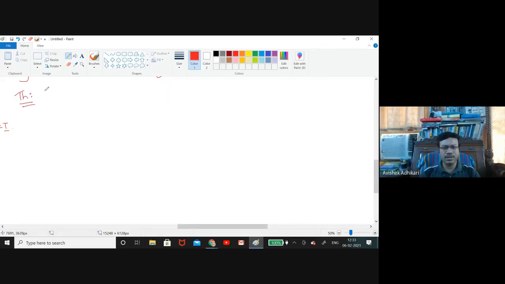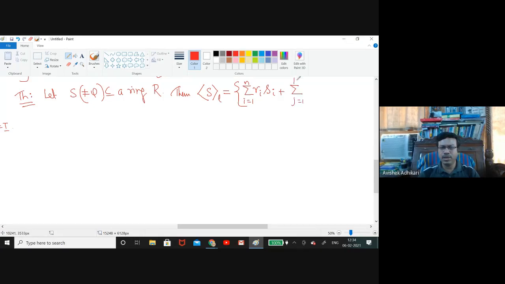It says that let S be a non-empty subset of a ring R, then SL equals what I wrote above: the summation, i equal to 1 to n, of some element Ri Si, plus the summation, j equal to 1 to k, of nj sj dash, such that